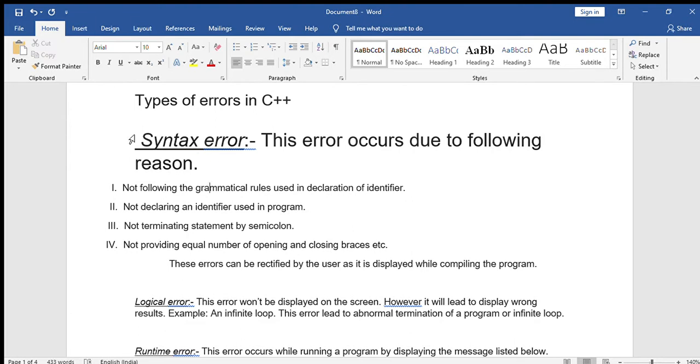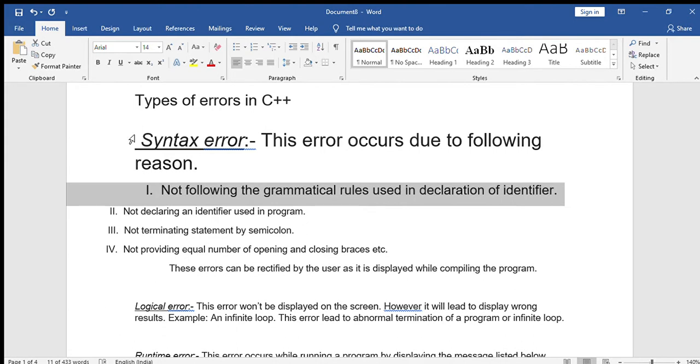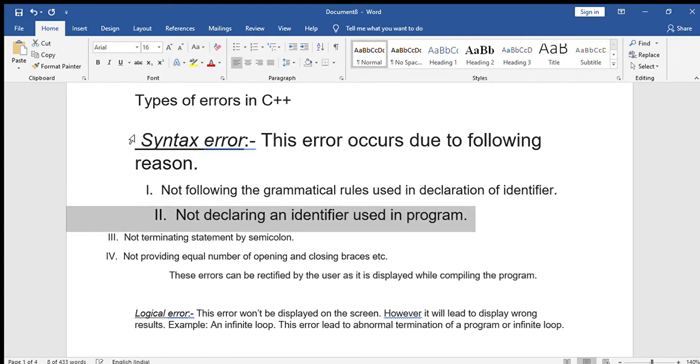What is the first point? Not following grammatical rules used in declaration of an identifier, which is nothing but an undefined variable. In simple understanding, you can say undefined variable, right? So, not following the grammatical rules used in declaration of an identifier. And the second one: not declaring an identifier used in the program. So the variable which is defined is not used in our program. So next one,